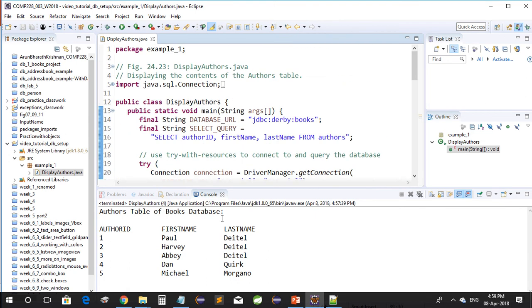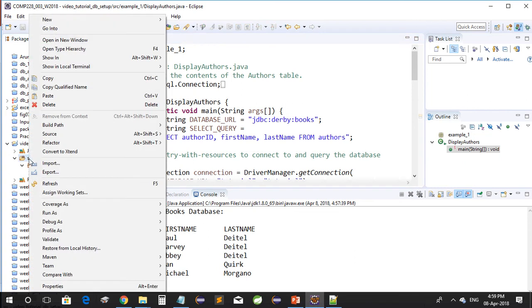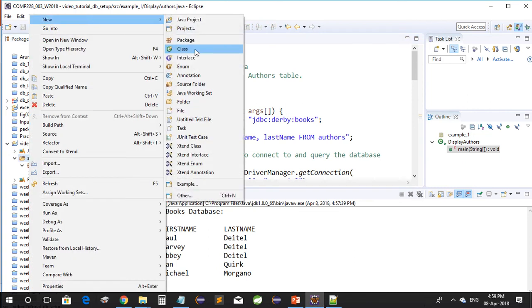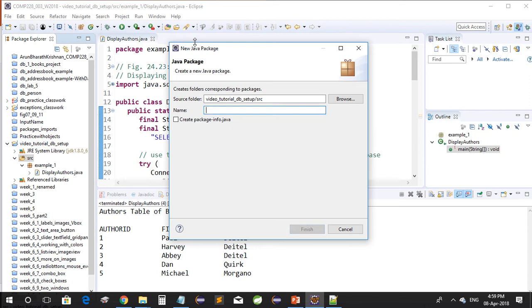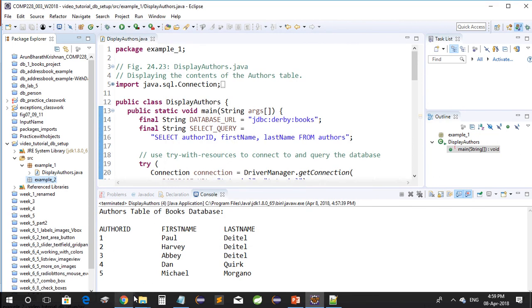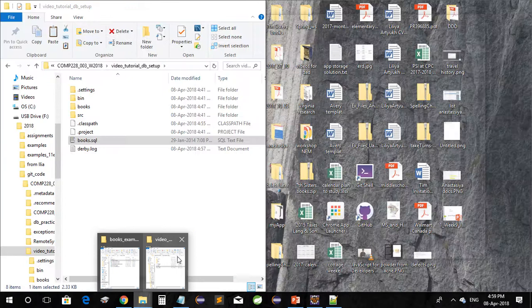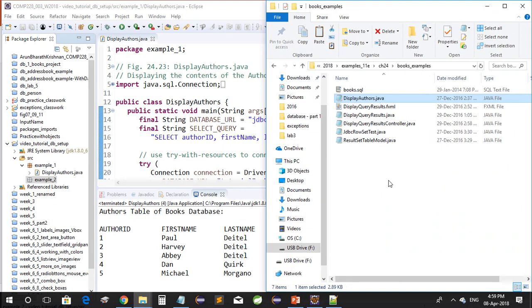So this is a very simple example displaying in console. Now I will add another example. Package example 2. I'll go to the project chapter 24, and here it's JDBC row set test. I'll take that,